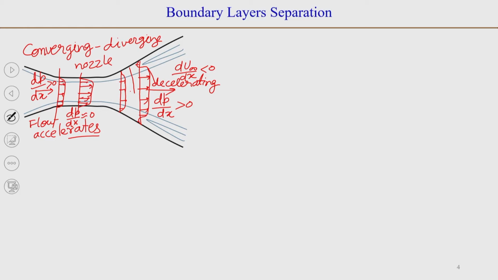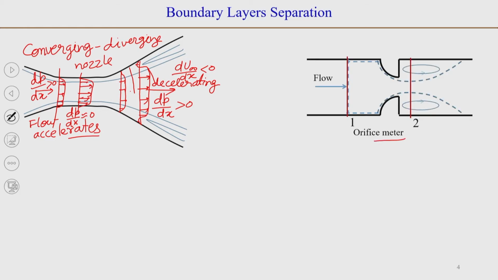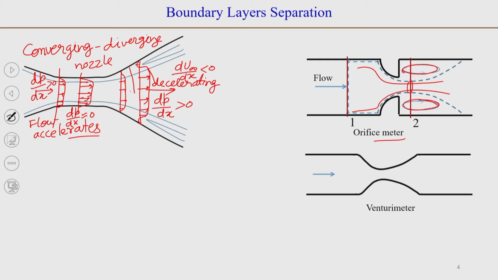Then if we remember, when we talked about the application of Bernoulli's equation and the orifice meter, which we can use to measure the flow rate, we had this picture where the flow accelerates here and there is flow separation happening, and the minimum cross-sectional area of the jet is what we called the vena contracta. So, here again we had flow separation, and then we had another flow meter, the Venturi meter, in which